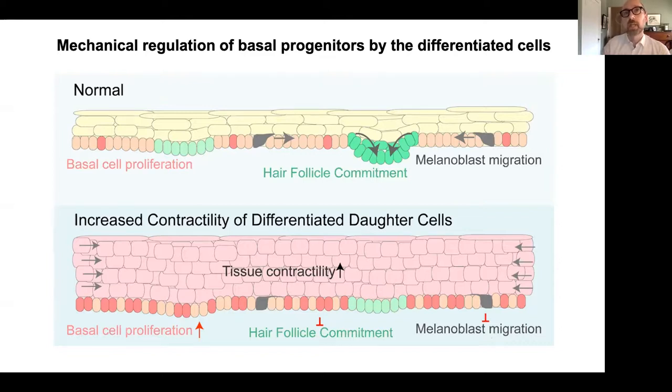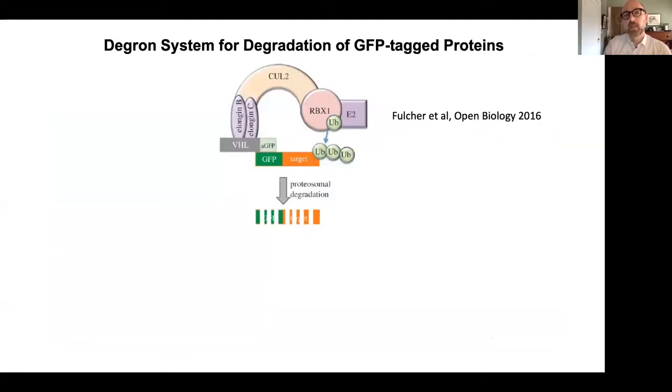Okay, so my lab is very interested in developing tools to begin to work through this problem, right? And I think that the real problem in this field for us is that the perdurance of mRNAs and proteins in these rapidly turning over tissues is such that we can't use traditional Cre-recombinase type ablation studies to distinguish roles in one type or the other. And so, inspired by some of the work in flies and worms that has targeted proteins instead of DNA, we've turned to these Degron systems, which offer the advantage of being faster and allowing loss of the protein, even if the mRNA pre-exists. And so the way these work is essentially,